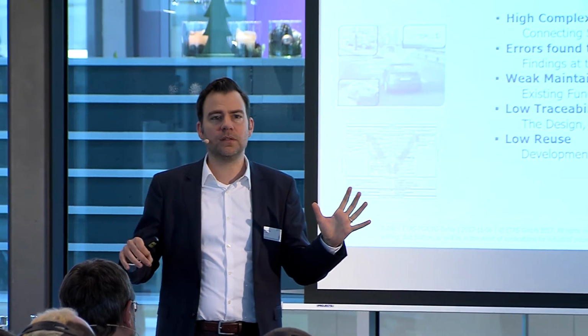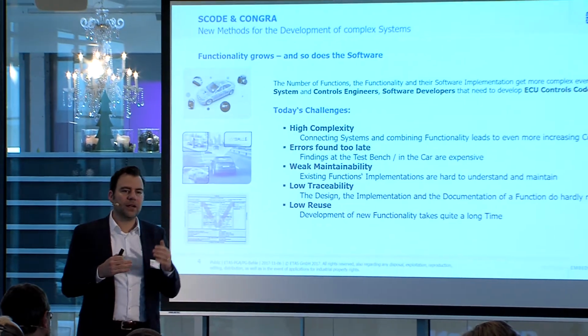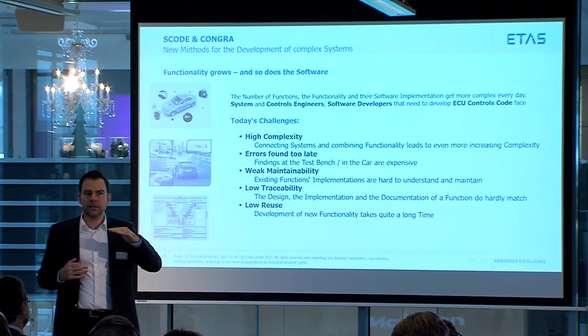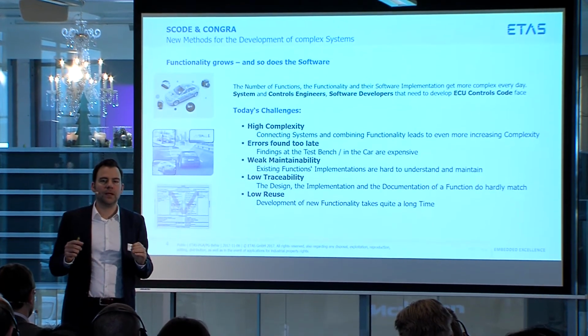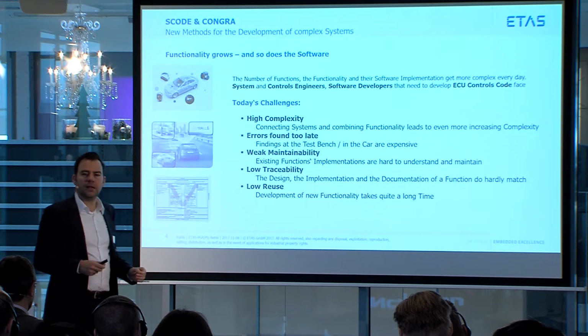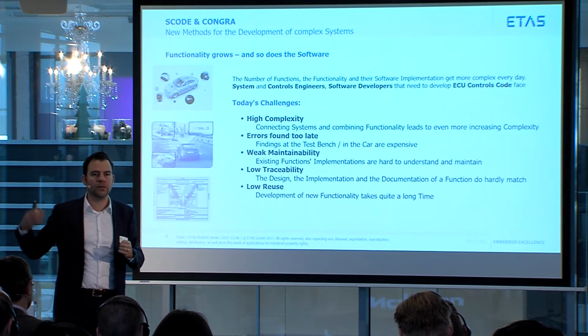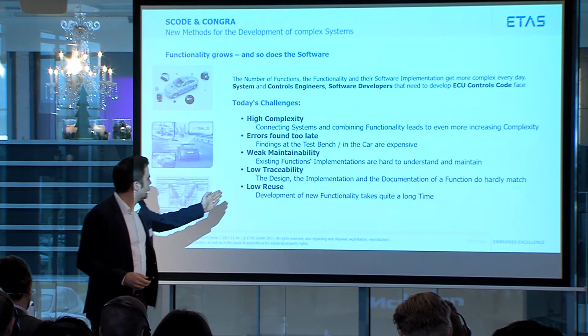We have reached an extremely high level of complexity in our software. Why is this the case, and how can we get rid of this? So we looked at the air system of the diesel, for example, and we looked at the physics of it. And the complexity in physics is much less than what we found in the software. And when I talk about software, no matter whether I say C or ASCII or MATLAB or Simulink or what have you, what we found, the paradigm, was the same everywhere. And then, of course, there were some problems such as errors that were found too late, as on the test bench or as late as in the field.